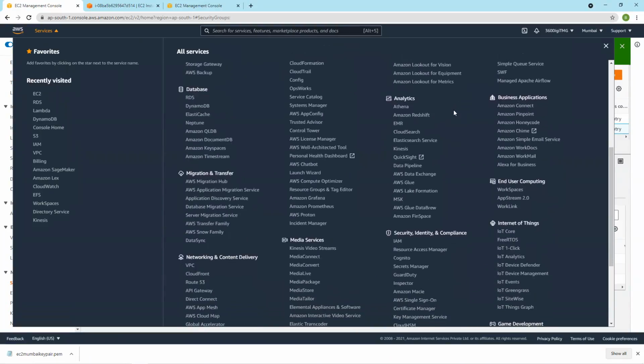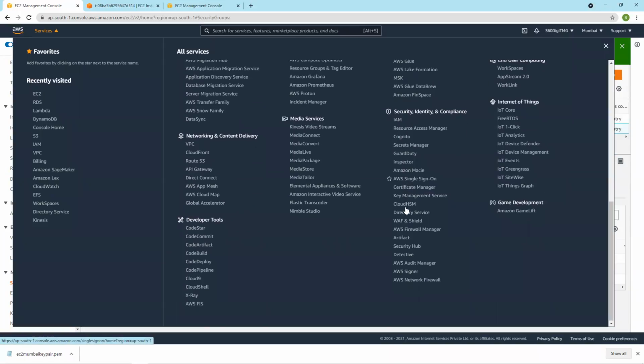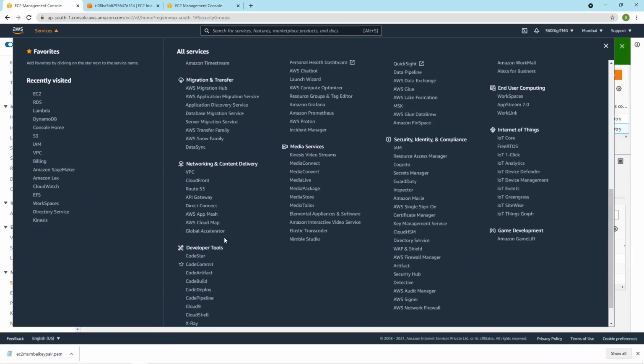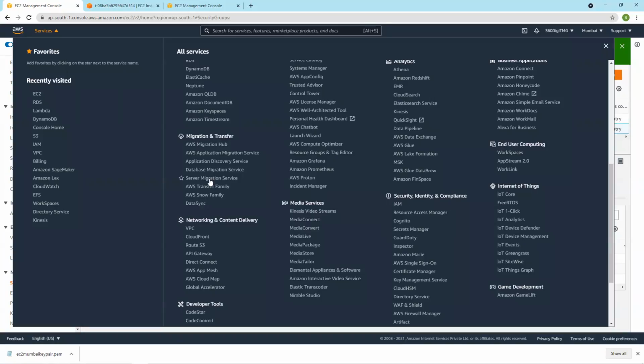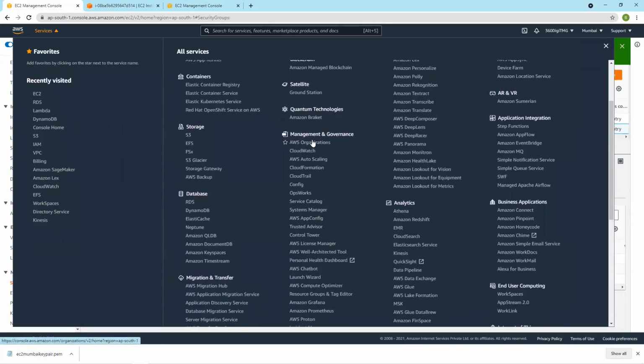It will be under monitoring or management. No, it's not there. Where is it? Database, storage, yeah, management and governance. CloudWatch is there.